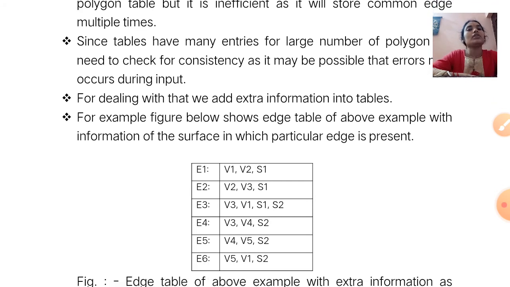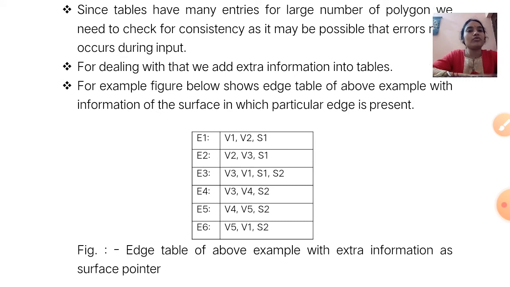For example, the figure below shows the edge table of the above example with the information of the surface in which a particular edge is present. In the edge table, there is extra information as a surface pointer, that means which polygon surface it belongs to.